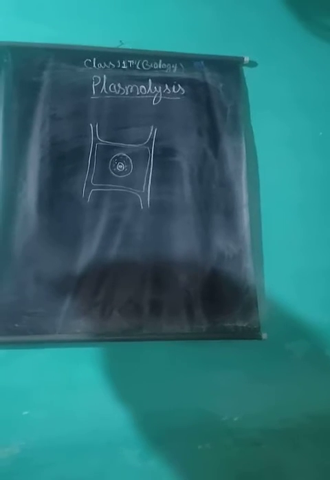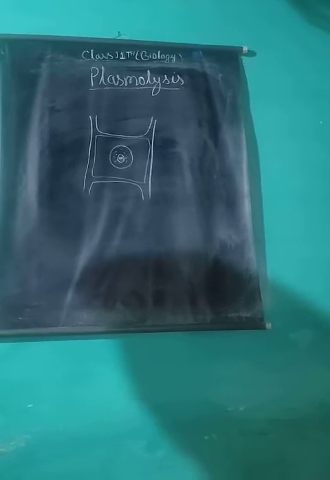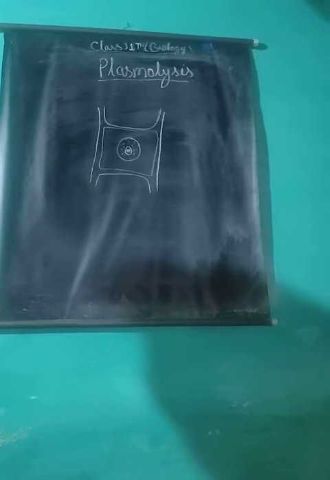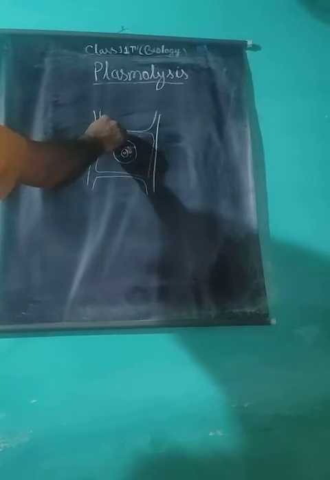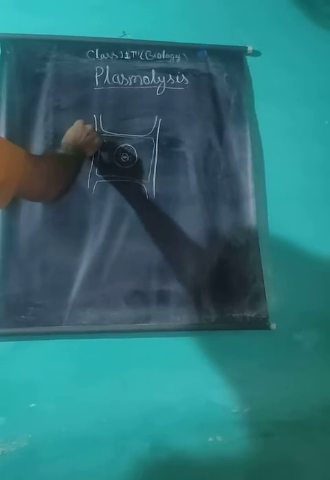The space between the cell wall and the contracted protoplasm is filled with the external solution. The stage of plasmolysis at which the first sign of shrinkage of cell content from the cell wall becomes detectable is referred to as the stage of incipient plasmolysis. The hypertonic solution now enters the cell in between the protoplasm and the cell wall. This space is filled by the external hypertonic solution.